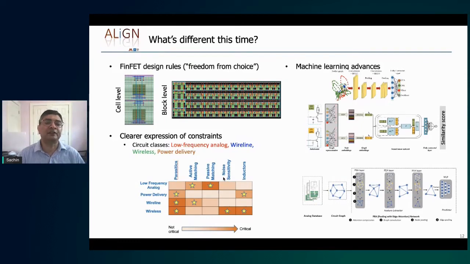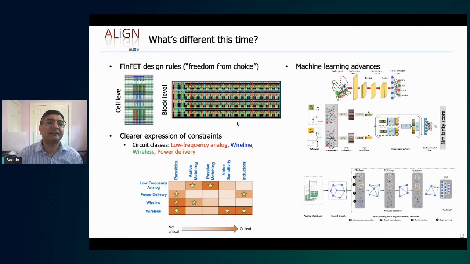In these FinFET technologies, there are very restricted design rules. So for instance, you're limited in terms of the directionality of wires. You cannot have arbitrary zigzag wires on the same layer, especially because of coloring rules and so on. And so your layouts actually look very, very regular. This is much different from how they used to look in the past.